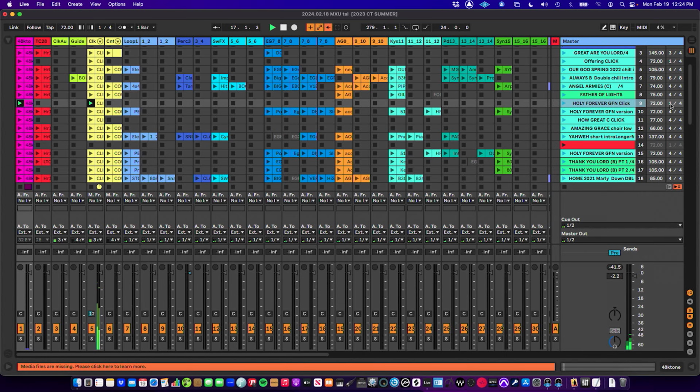Have you ever been in a worship rehearsal and felt like something was just off? The worship leader is leading, the band is playing, everyone knows their parts, and yet the whole thing just feels a bit disconnected. Like there's no one actually steering the musical flow. That role, the person who guides the band, keeps things together, shapes transitions, and supports the worship leader in real time, that person is the music director.